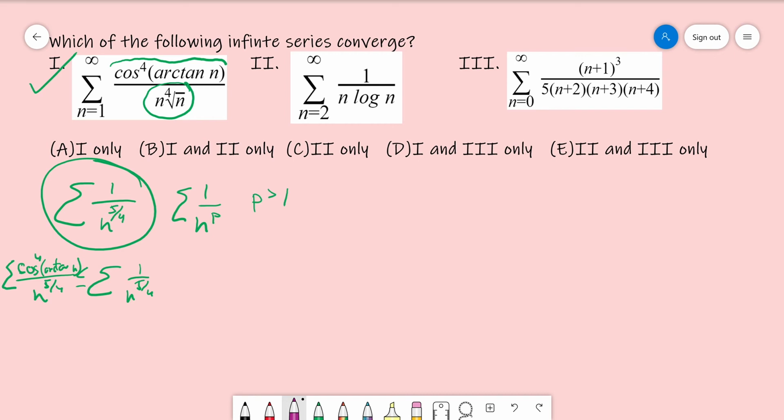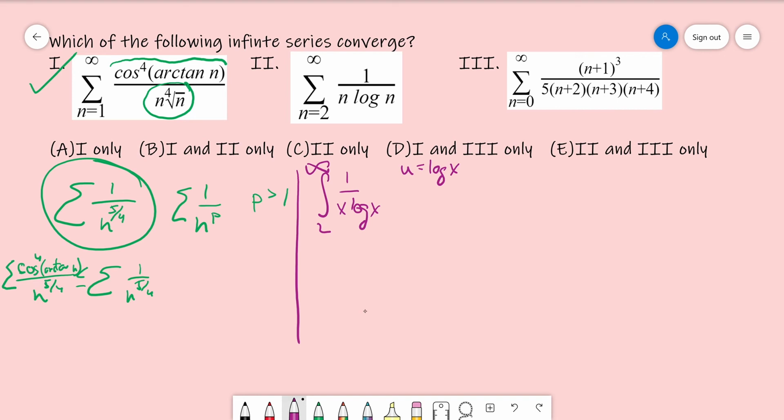For 2, we're going to use the integral test. Remember that if we take this thing inside the sum and take the integral from 2 to infinity and it converges, that means that the sum also converges. And if it diverges, then the sum also diverges. So let's figure out what this integral is. If we take the integral of 1 over, let's call it x log x, from 2 to infinity, well, we can integrate this with a substitution of u equals log x,